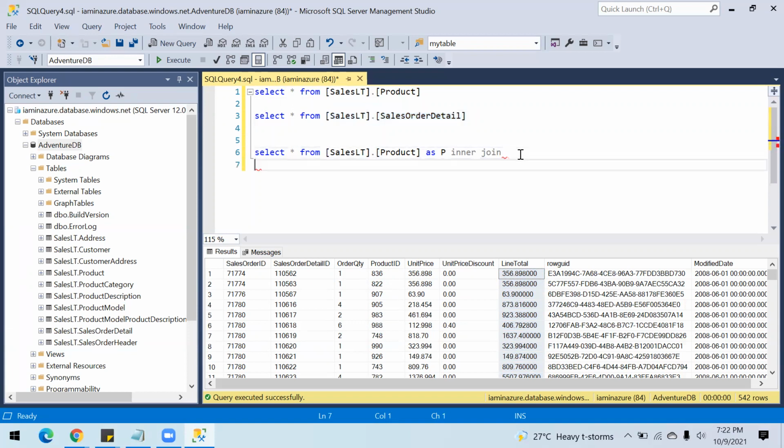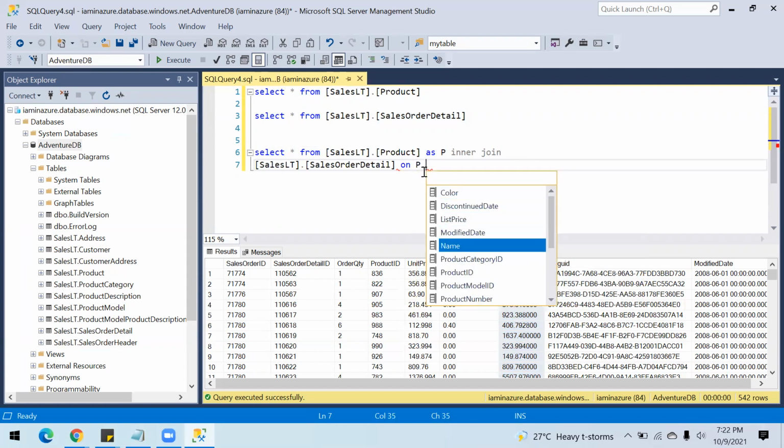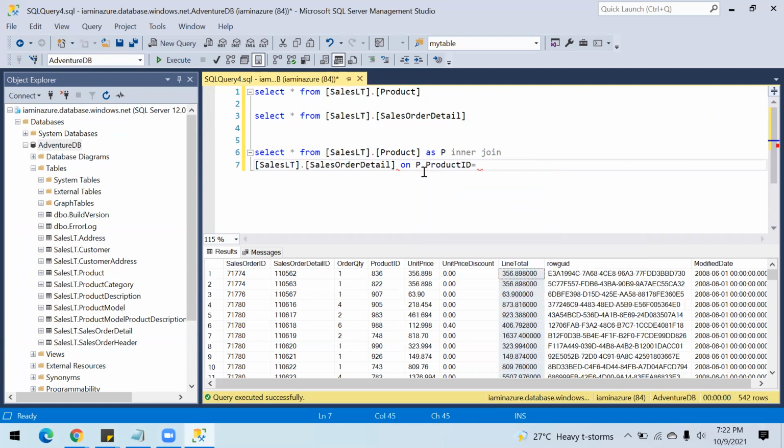We have different types of joins, like inner join, outer join, left outer join, right outer join. Inner join is where you will get data if you have data in both the tables. Right now I'm using these two tables, the product table and sales order table. With your on statement, I will be passing product ID equal to, okay, I have to give an alias for this as well, or else I need to use the whole table name there. So instead I'm going to use the alias.